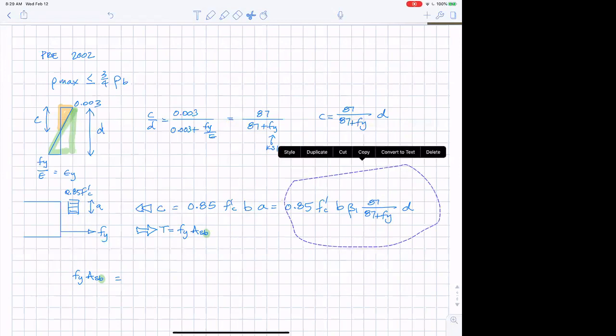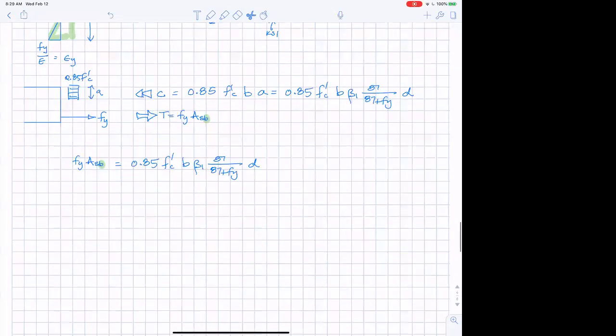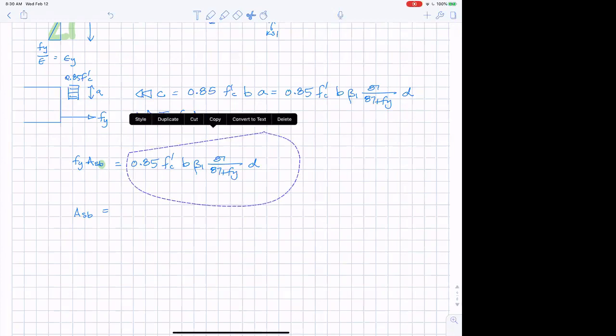That's C. Copy that, paste it here. And all we're going to do is solve for ASB. And again, I'm going to cheat and just use cut and paste. So all of that